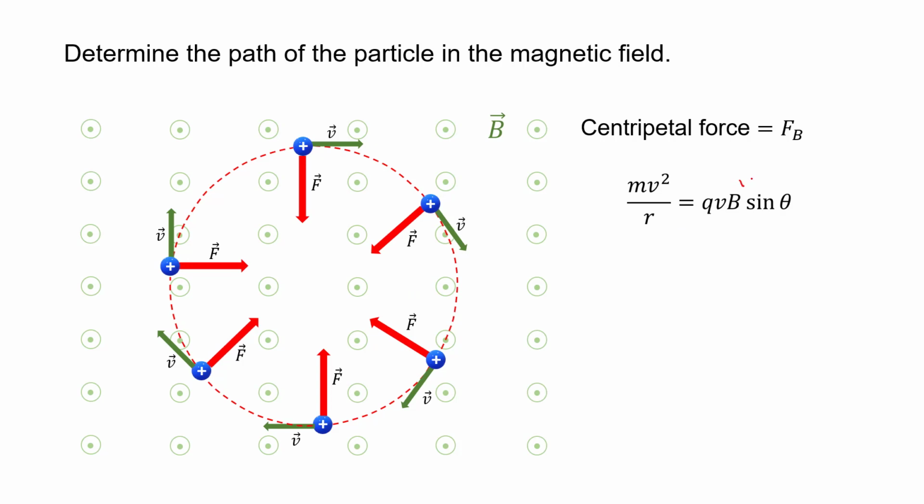So this is the magnetic force, and that magnetic force produces the centripetal force. In other words, this force is keeping this particle in a circular track. Okay. Now we have v squared here and v here. We can cancel one of the v's. Okay, and if I rearrange the formula, this equation,